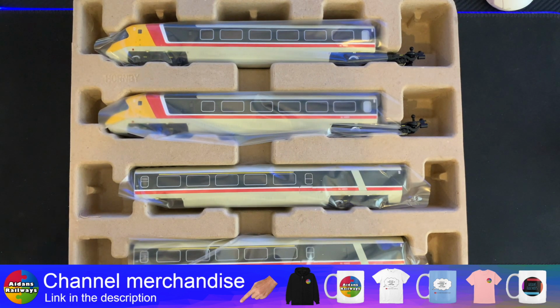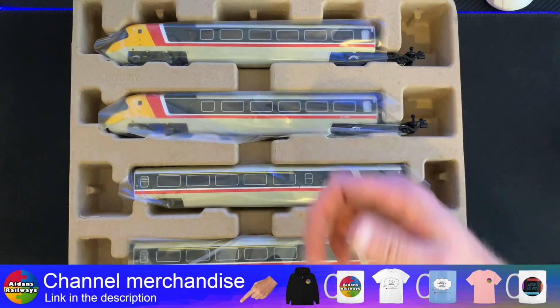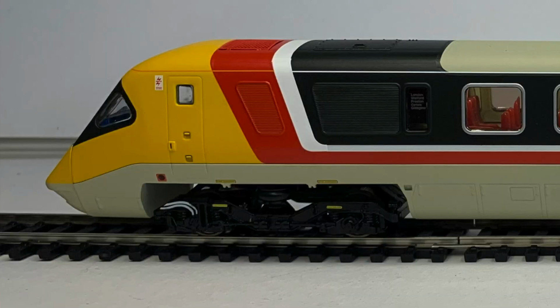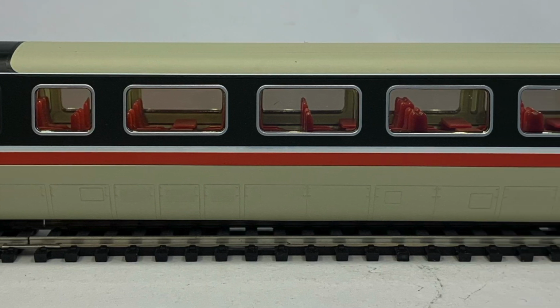So similar packaging to that of the coach packs that I've already had a look at in a previous video. They're in this sort of molded pulp packaging, and they've got a film sheet that's wrapped around the actual model, each individually. Let's take a quick look at one of the front ends here then. So this one here is the driving end of 370001 with a running number of